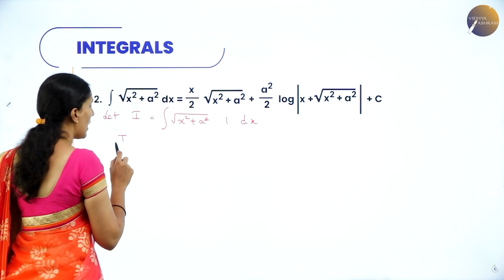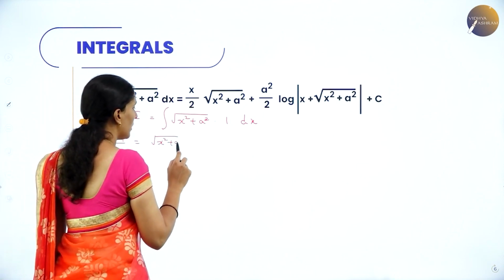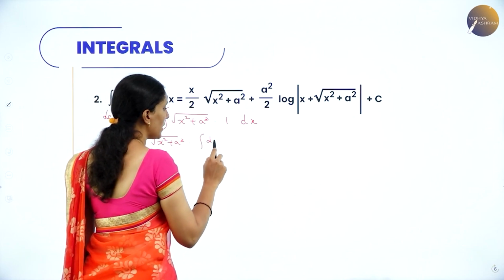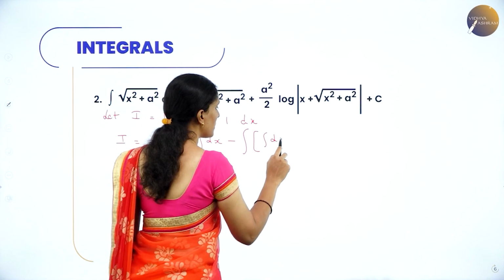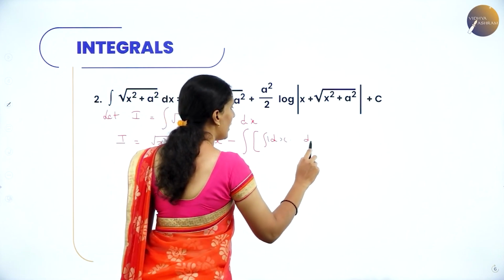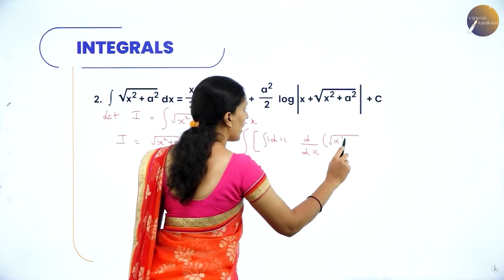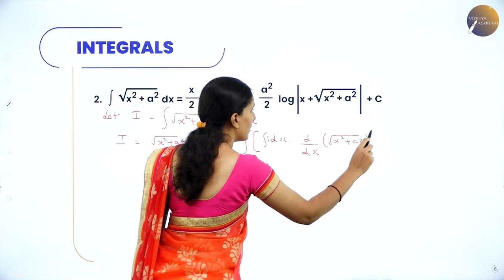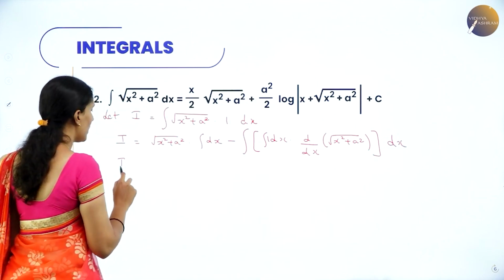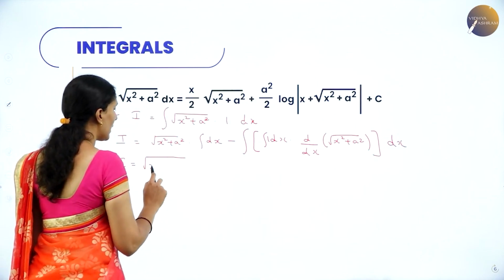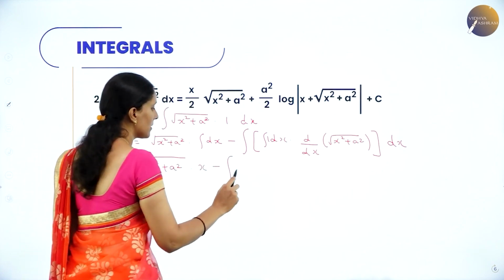So therefore I is equal to first function into integral of second minus integral of second function and derivative of root of x square plus a square with respect to x. Now here we have root of x square plus a square into x minus x